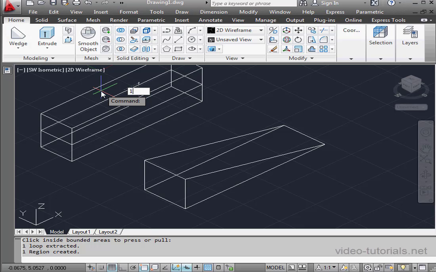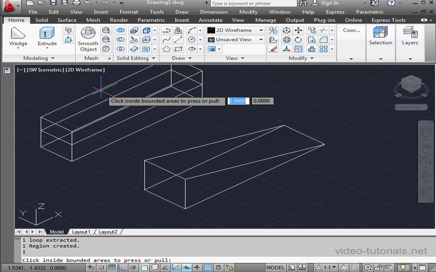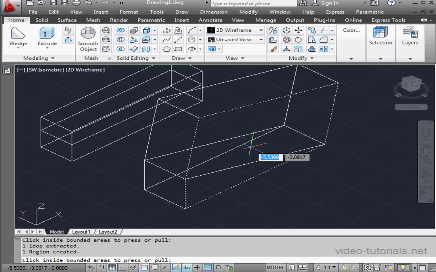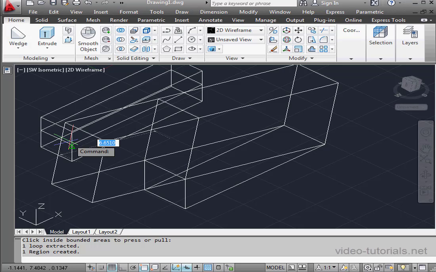We can also enter a value numerically, say 1 unit, press Enter. The Press-Pull command moves the face parallel to the original face. Let's apply the Press-Pull command here so you can see that in action. Now let's select this face